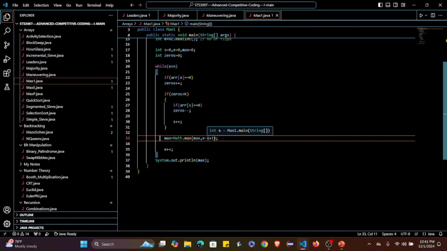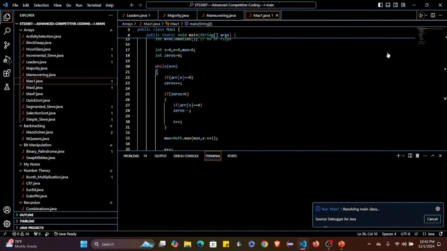This is the region that we get. Then we'll do n++, and at the end, after completion of this while loop, in the max we'll have the maximum number of ones. So if we run it,